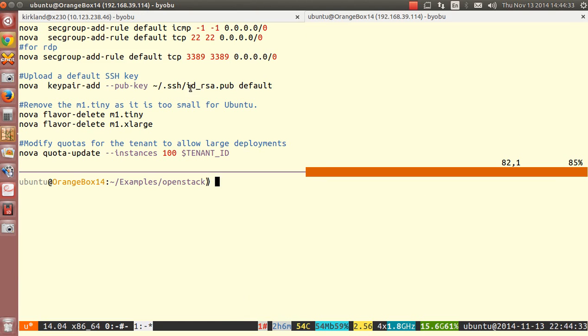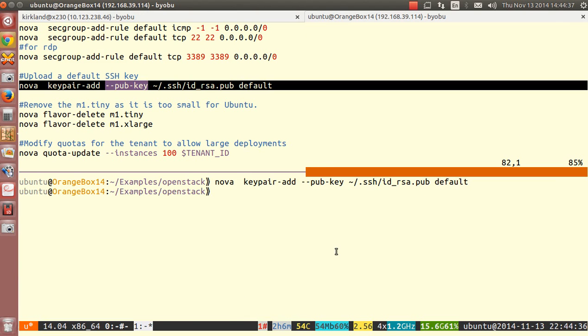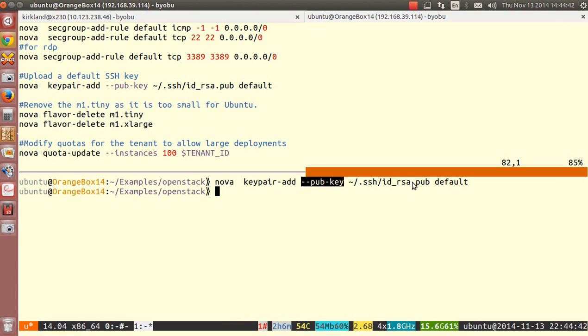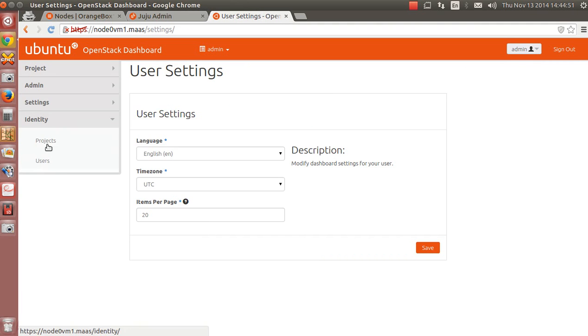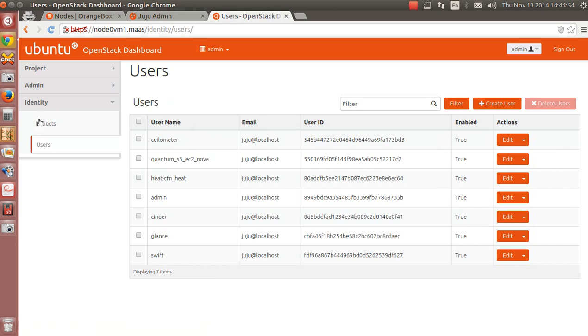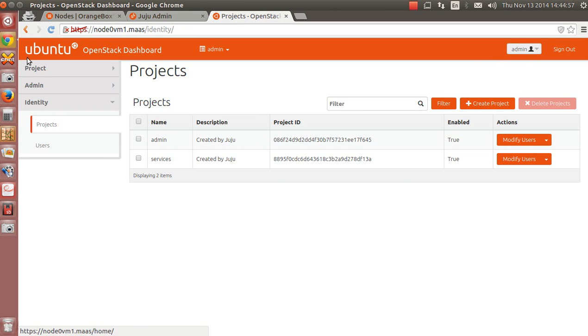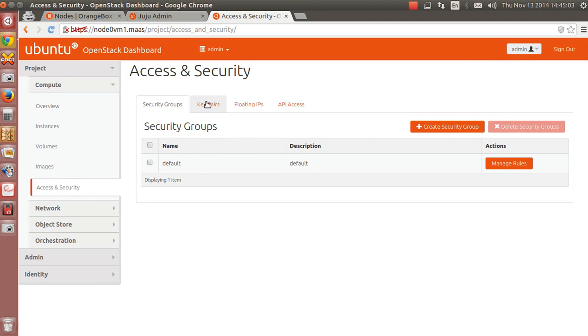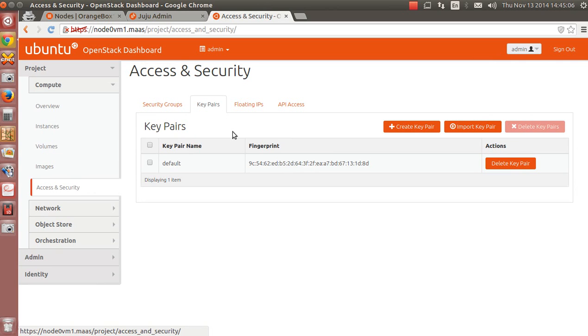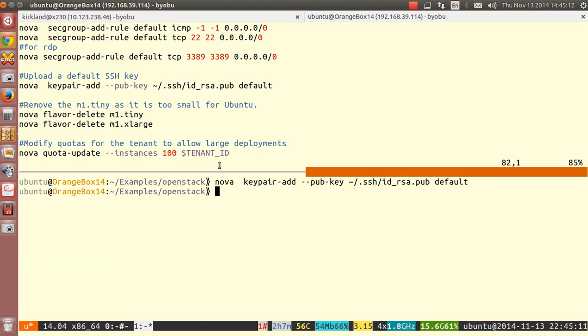Next, we need to upload a key pair or have one generated for us. As it happens, I've got a key pair in my SSH home directory, and so I just send it my pub key, and I think that's under the user identity. Excuse me? Ah, you're right, you're right. Key pairs, thank you. So there we go. So that's our SSH key, which is now uploaded,